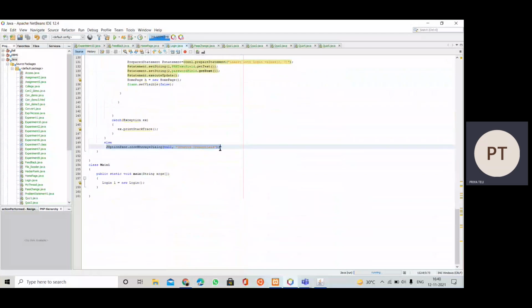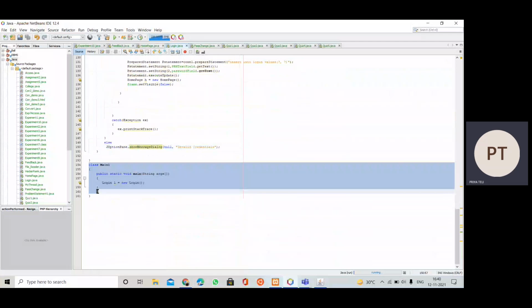Then, if in case the login credentials are not valid, then we are going to display the message invalid credentials with the help of JOptionPane.showMessageDialog, and the object passed here is null, and this is the message we have mentioned, which will be displayed with the help of that dialog box. Then we have this class Main.